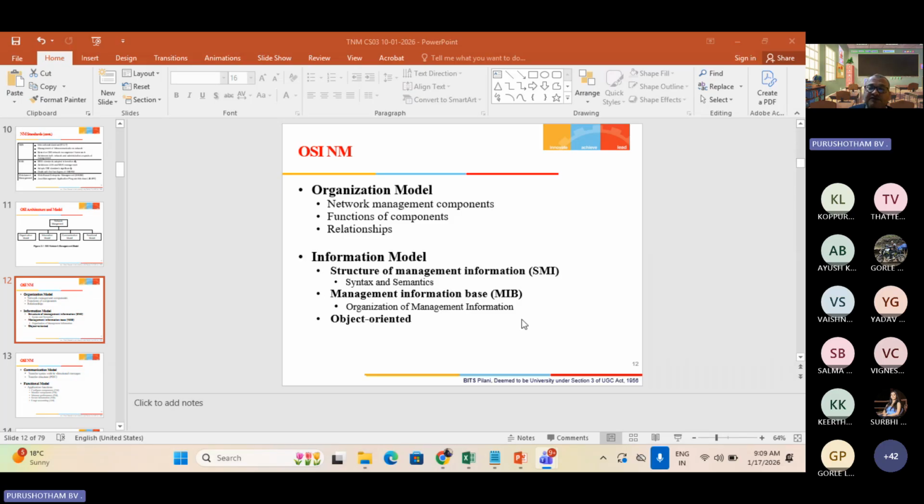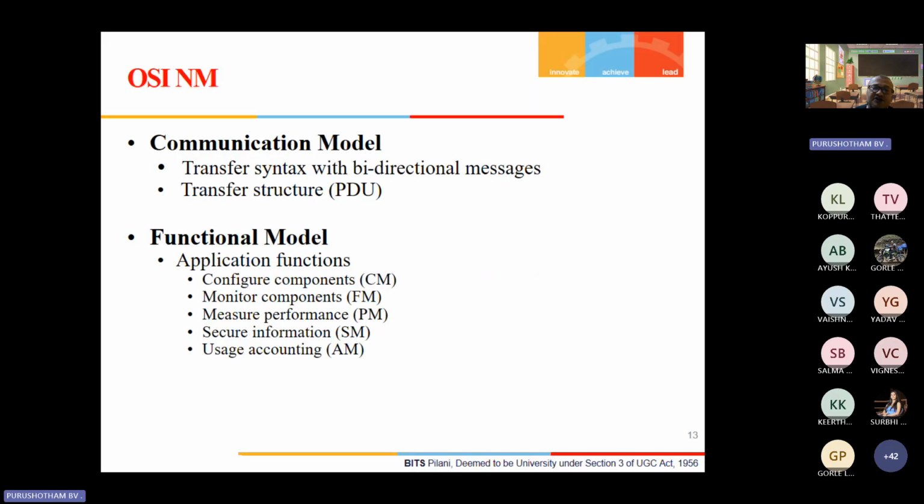This entire information structure model is based on object-oriented notation. Then we have the communication model, which talks about the transfer of data in bidirectional messages, and the transfer structure, that is the protocol data unit being exchanged.